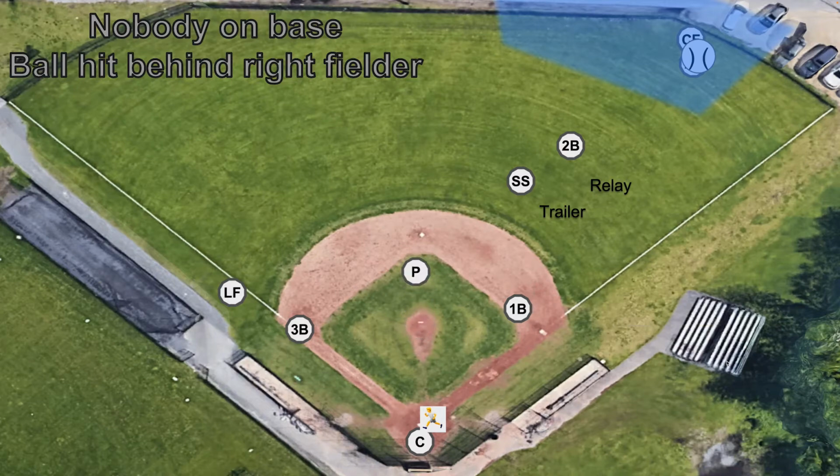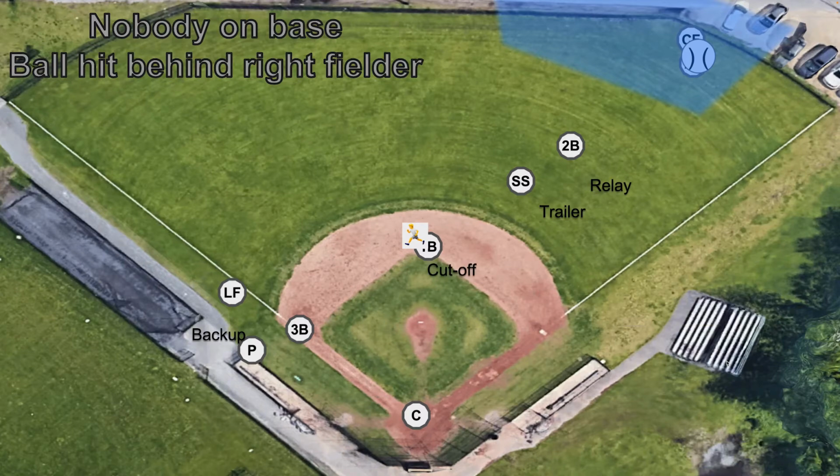Same with the pitcher. They go in to be the backup for second, realize this is a cut 3, and need to run behind third base as a backup. Catcher needs to come up, cover home plate. First base. Now, if you notice that as the runner was running, they need to sort of tail and follow that runner